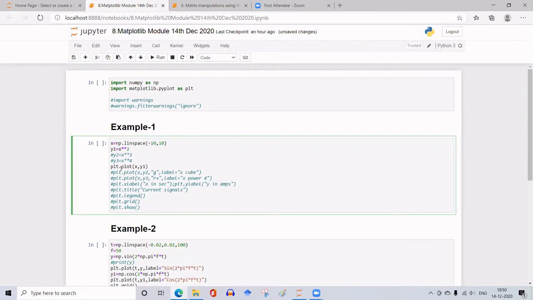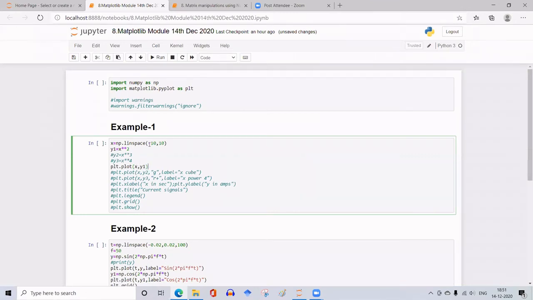Okay. Now I'll plot this using matplotlib. Don't worry about these comment lines. One by one, I'll open and explain them. So first I'll give plt.plot, then what I should plot on the x-axis, then what I should plot on the y-axis. Give it in the order x-axis, comma, y-axis: the variable name from which I have to pick the data for the x-axis, and the variable name from which I have to pick the data for the y-axis. plt.plot(x, y1). So this plots y1 versus x.